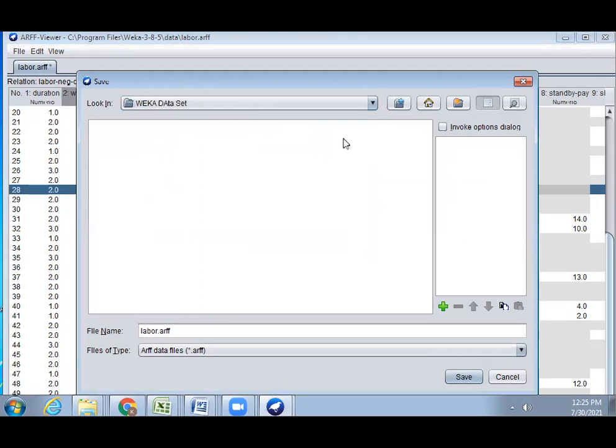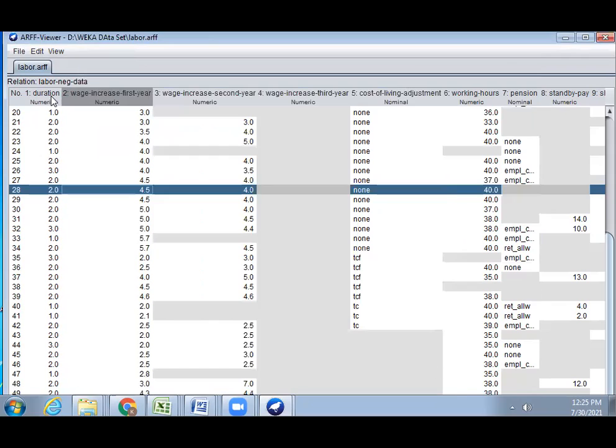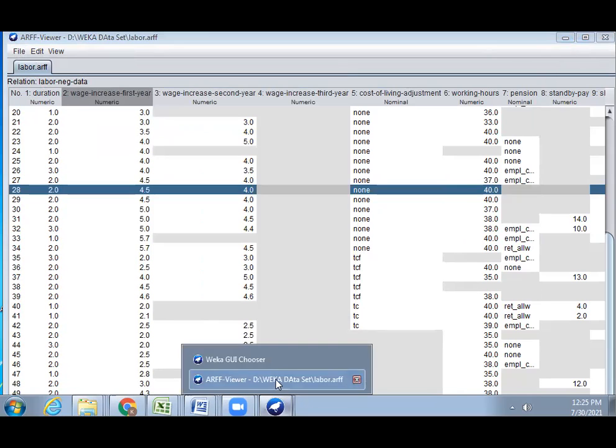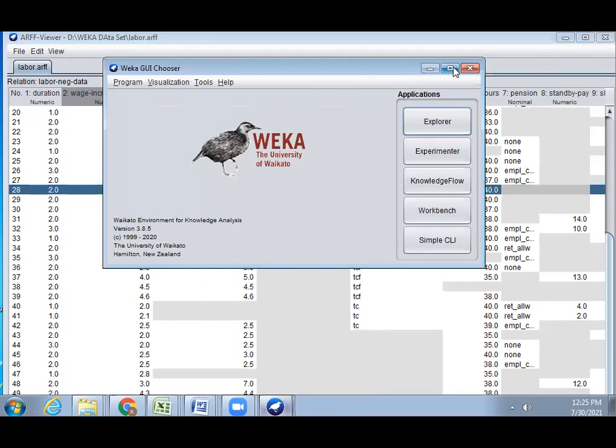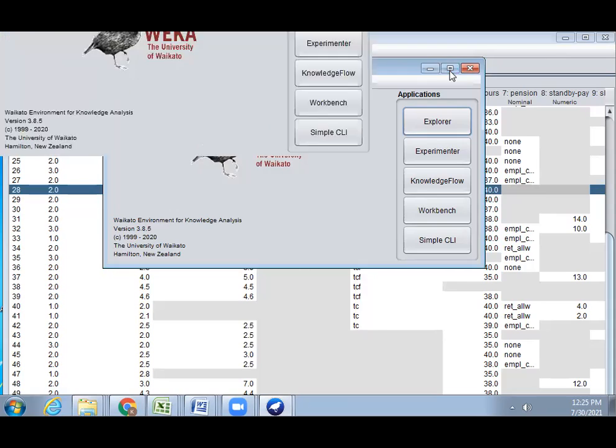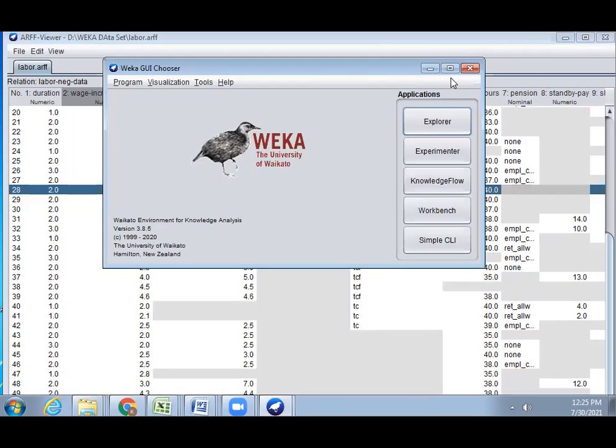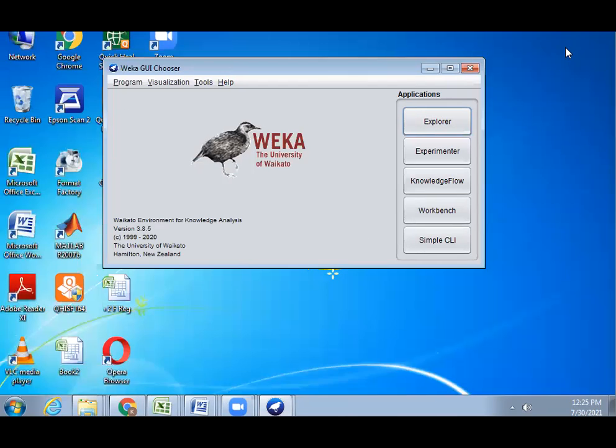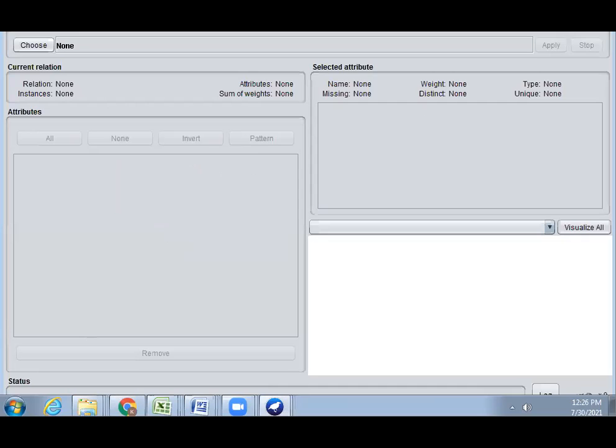We choose one of the folders and save the file, that is labor.arff. Then we move to the GUI Explorer, and now we can explore the pre-processing work. For pre-processing work, we choose the Explorer menu, and the Explorer window will be displayed.